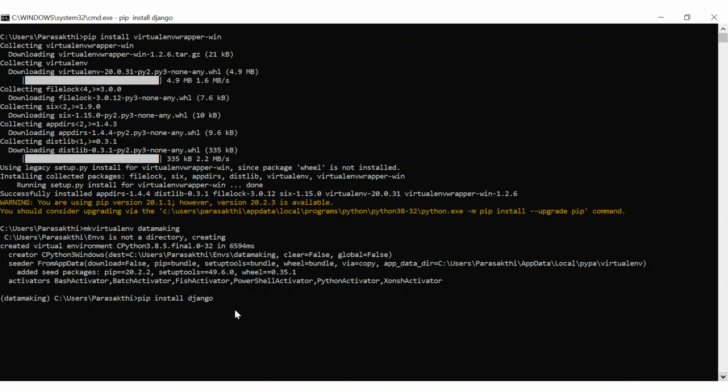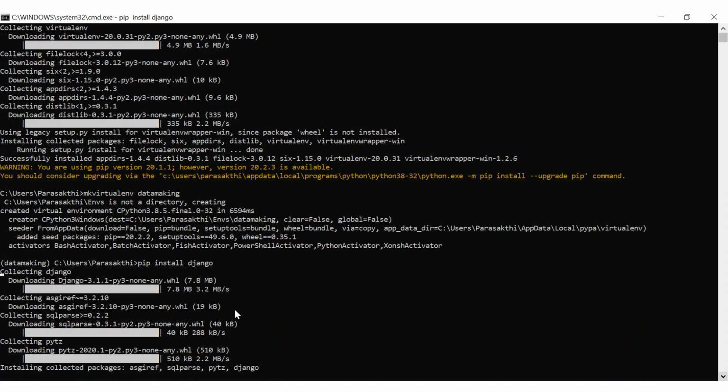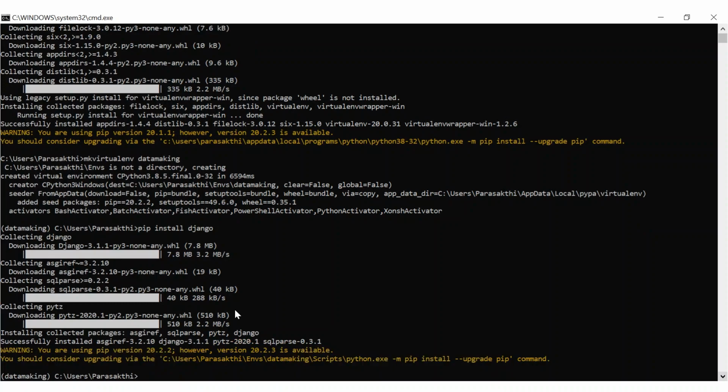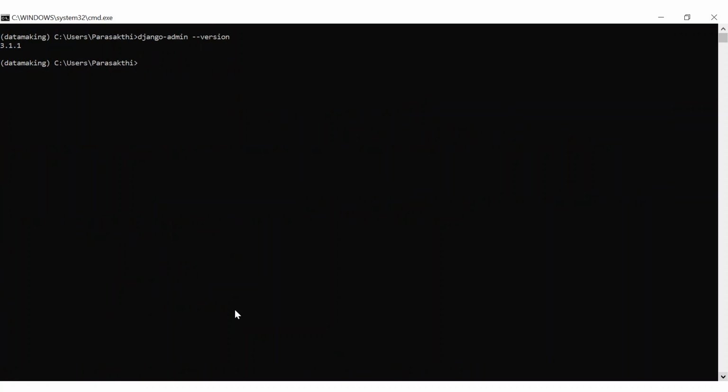This is going to install the Django web framework as well as its dependency packages. Once this is installed, you can check which version of Django got installed: django-admin --version will give the version.